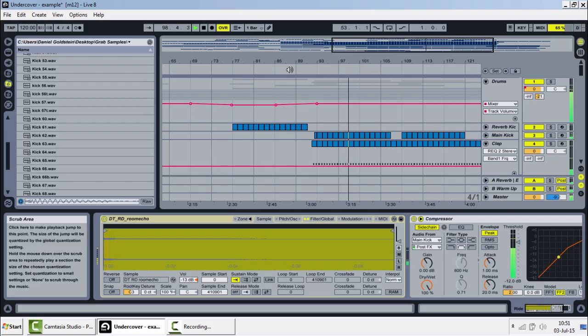But usually, if there's an offbeat hi-hat coming in, I'll always start on the 4th beat of the measure prior to the one where you actually want to introduce it. And the other thing I like to do, which I do a lot, is